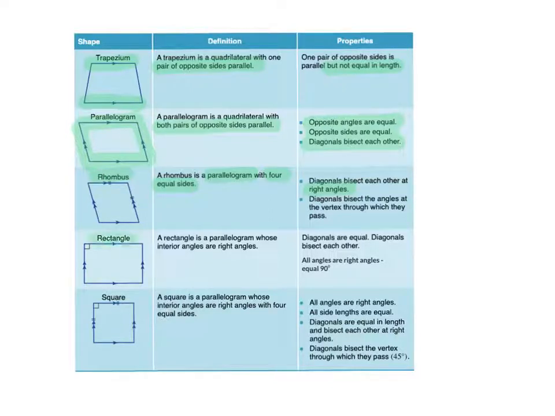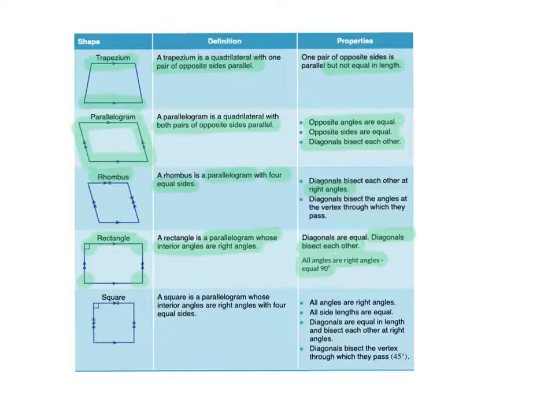A rectangle is a parallelogram whose interior angles are right angles. So these angles over here are all right angles. So their diagonals are equal, diagonals bisect each other, and all angles are right angles, which means they're equal to 90 degrees. And a square